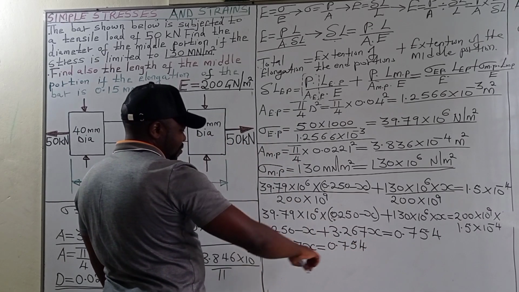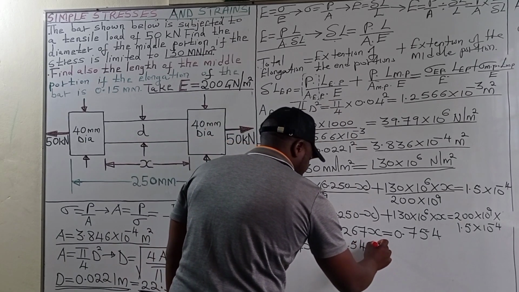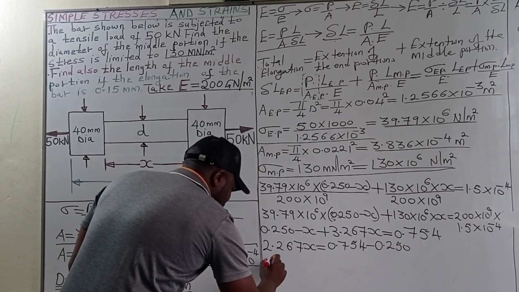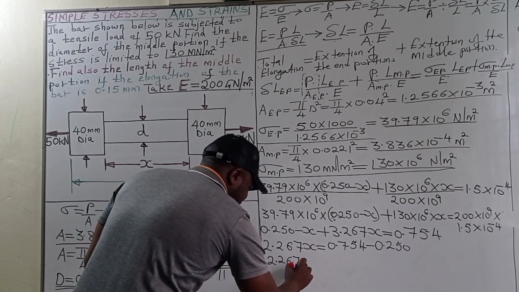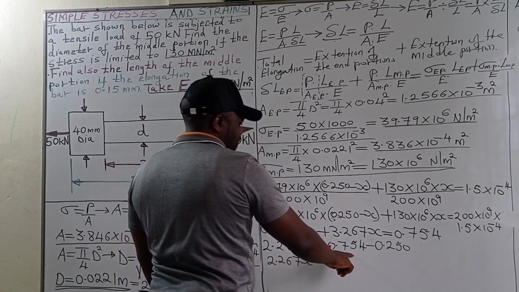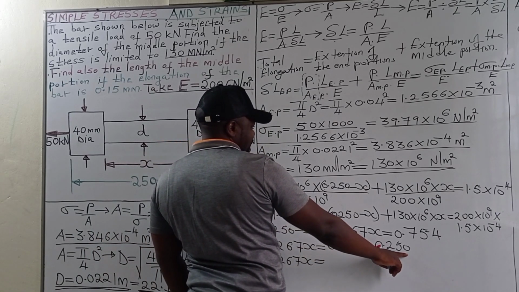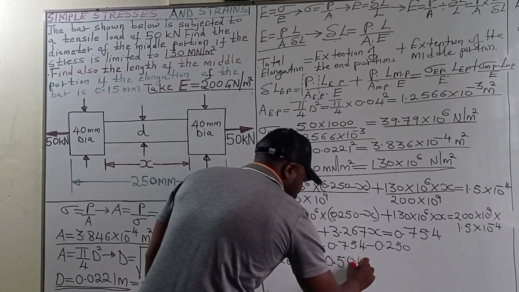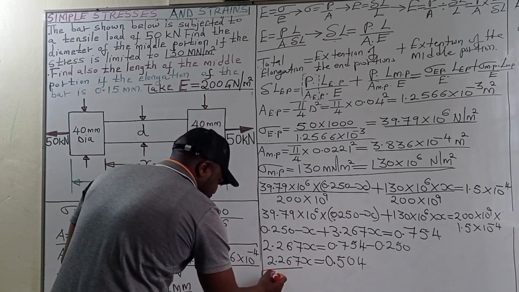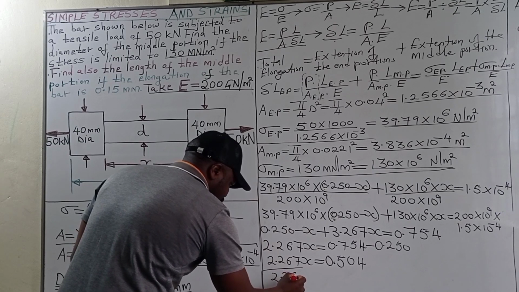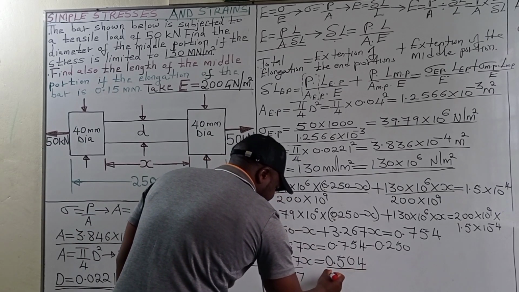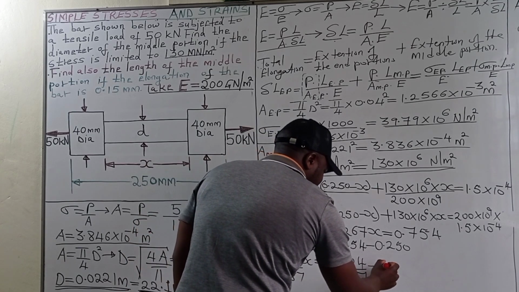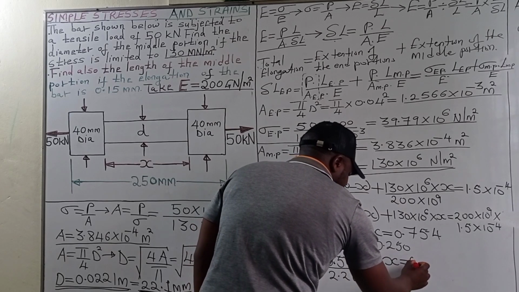0.754. We take 0.250 to the other side of the equal sign. That's going to be minus 0.25. So we are going to have 2.267x equals 0.754 minus 0.250. That is going to be 0.504. Then to get the value of x, divide both sides by 2.267. And when we do so, we are going to get the value of x being